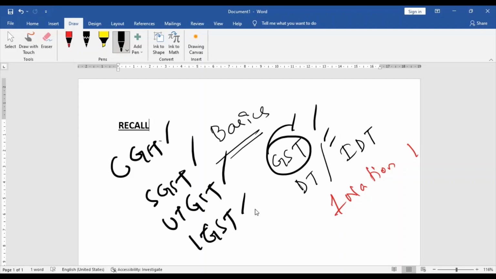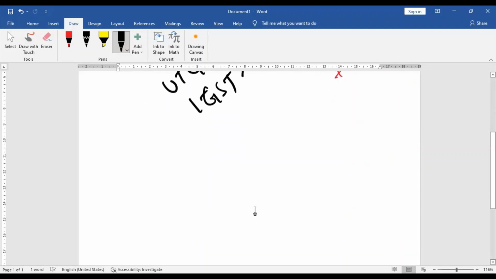So, which are the taxes which are not taken under GST? Any guess? Yes, property tax. Property tax, stamp duty, electricity duty, excise duty on alcohol for human consumption, basic customs duty, excise duty on petrol and diesel, and taxes on opium, Indian hemp, and other narcotic drugs and narcotics.